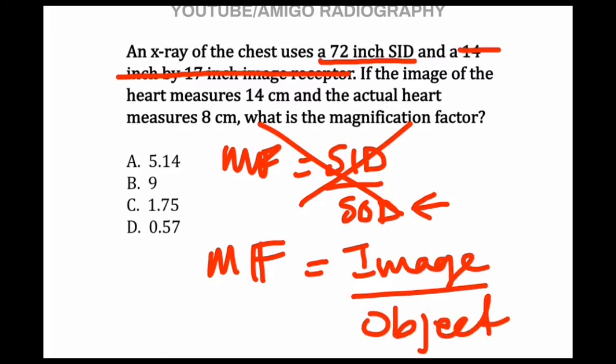The image size over the object size, and we actually do have those numbers. The image size is 14 centimeters. The actual object size is 8 centimeters. So we just need to take 14 over 8, and that's going to give us our answer, which is C,